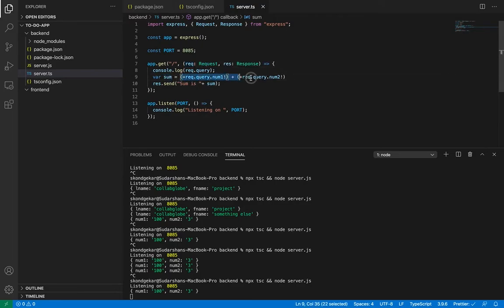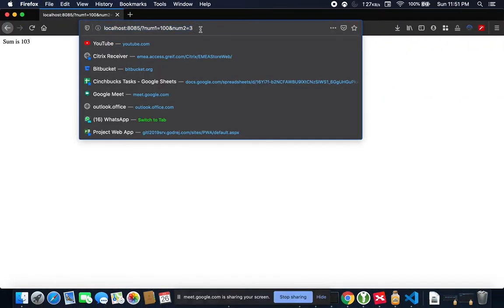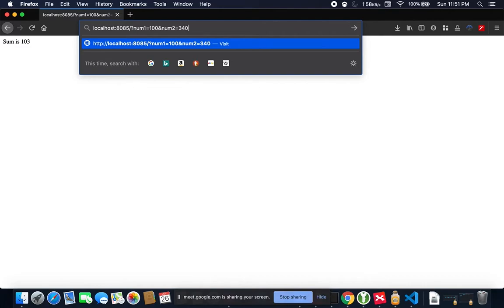So I am first adding two numbers to create a number itself, and I am then concatenating string and number to send the output to my browser. So here I can change, let's say, 3400, so it will come 3500.